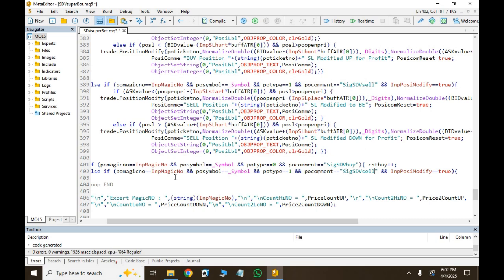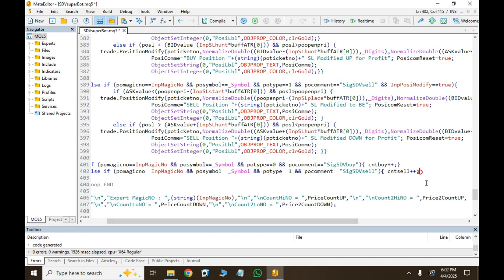If these four conditions are satisfied, that means it's a sell position, and delete this part. Then CNT sell gets plus plus. And close bracket